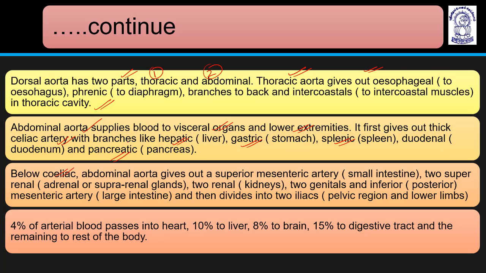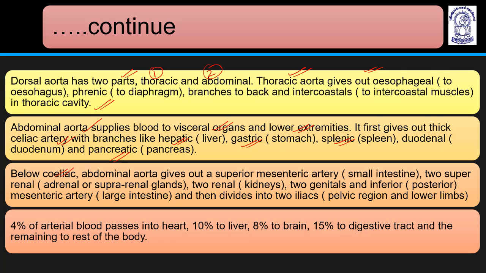So dorsal aorta has two branches, thoracic aorta and abdominal aorta. Thoracic aorta supplies to the thoracic region that gives out esophageal to esophagus, phrenic to diaphragm, and intercostals supplied to the intercostal muscles in thoracic cavity. Abdominal aorta gives out thick celiac artery, which has many branches to supply, like hepatic artery to liver, gastric to stomach, splenic to spleen, duodenal to duodenum,